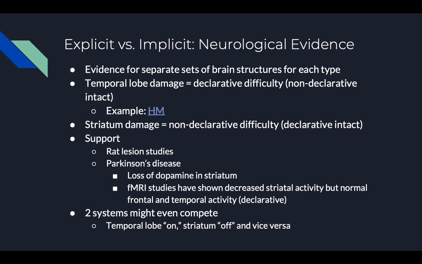We have difficulty with that. But if there's not any accompanying damage to the temporal lobe area, then the person's declarative memory will still be intact. And so this pattern of impaired procedural, or again, AKA implicit memory, has been demonstrated in studies where